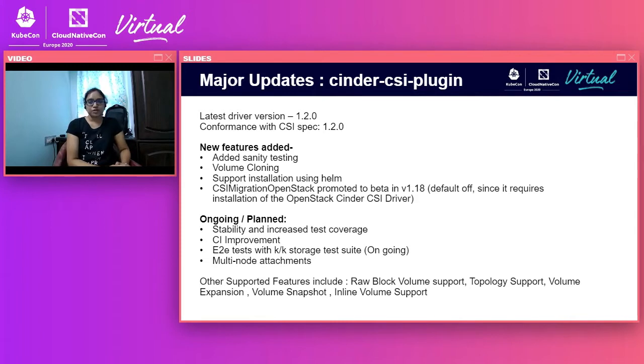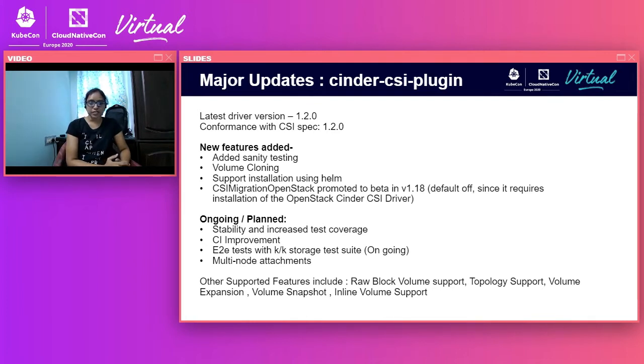We have quite a few updates in the Cinder CSI plugin. The latest driver version is 1.2.0. This driver is made in conformance with the CSI spec 1.2.0. The sanity testing, which ensures the conformance to the CSI spec, is added to the CI job, so it is up and running.